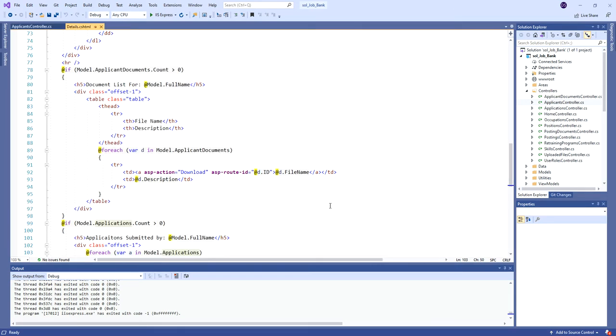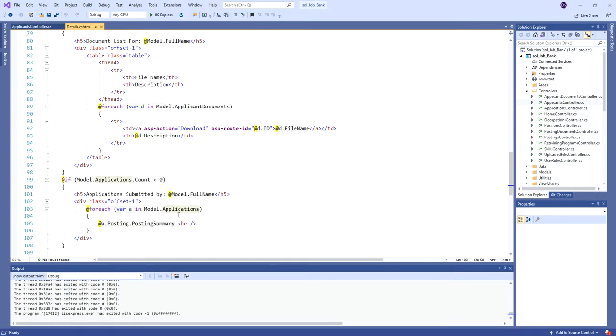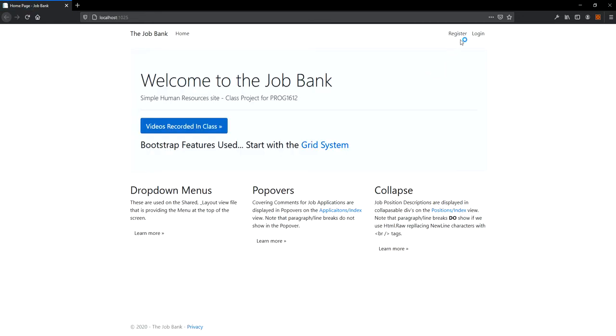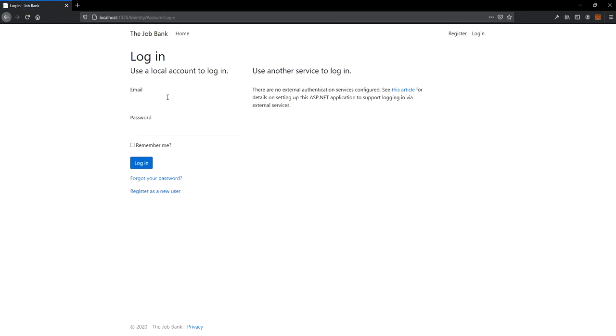So that made it possible for us to go through the model's applicant documents, the model's applications, and just show that related information right on the one page. So a good implementation, a basic, but a good one. I should maybe have mentioned before I close that you can clearly see how easy it would be to even expand on it a little further with something like,